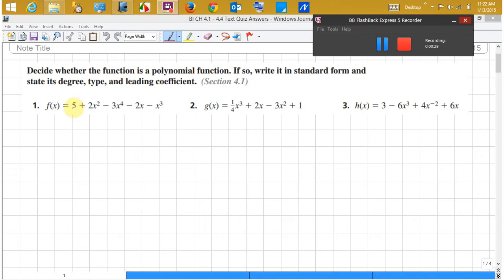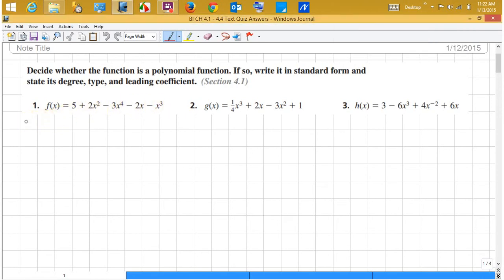They have to be real numbers, no imaginary. 5, 2, -3, -2. Yes, they all are. Now let's look at the exponents. The exponents have to be 0, 1, 2, 3, 4, something like that. No variables, no fractions, and they meet that criteria. So let's put it in order of largest exponent to the least exponent. That would be -3x to the fourth, then x cubed, then the x squared, then the x term, then the 5,